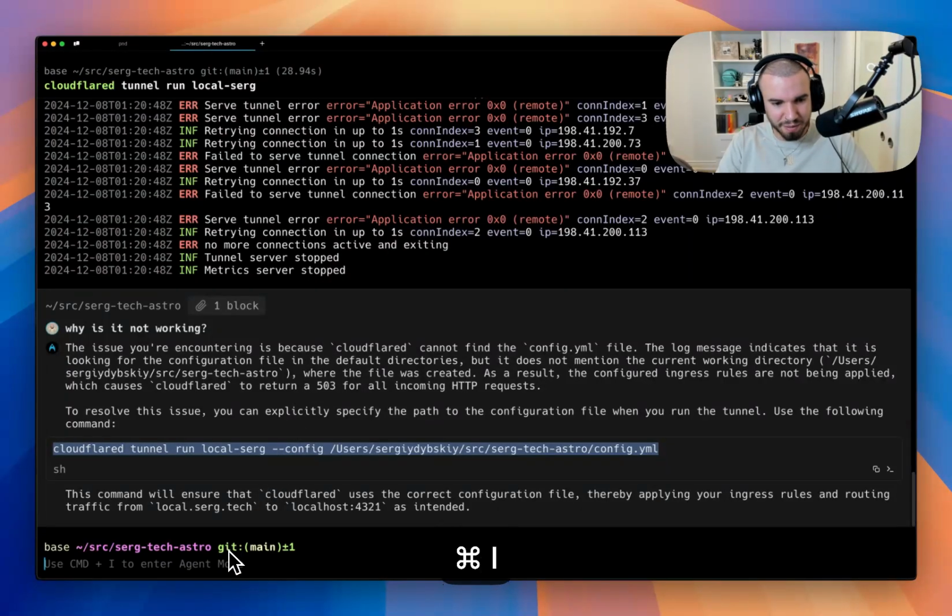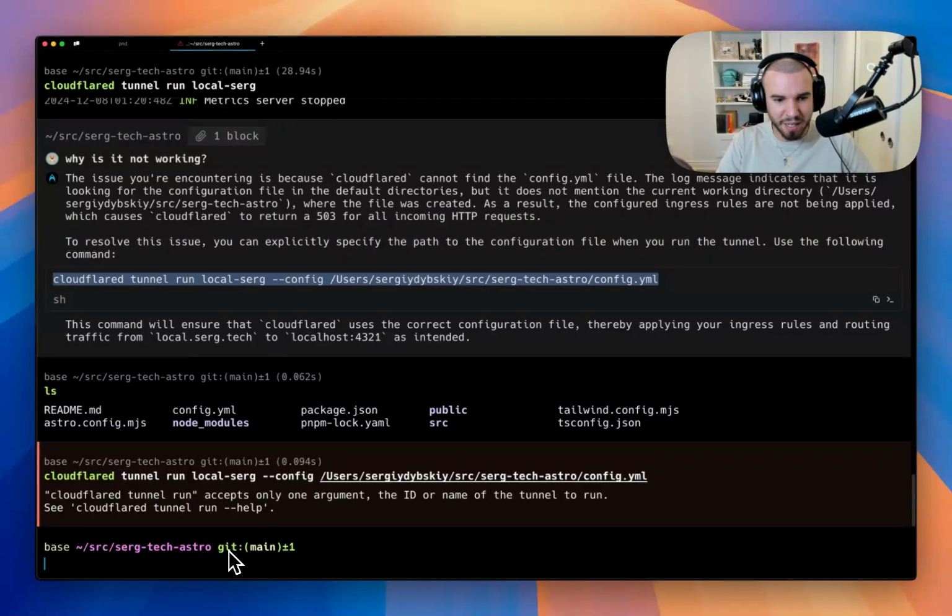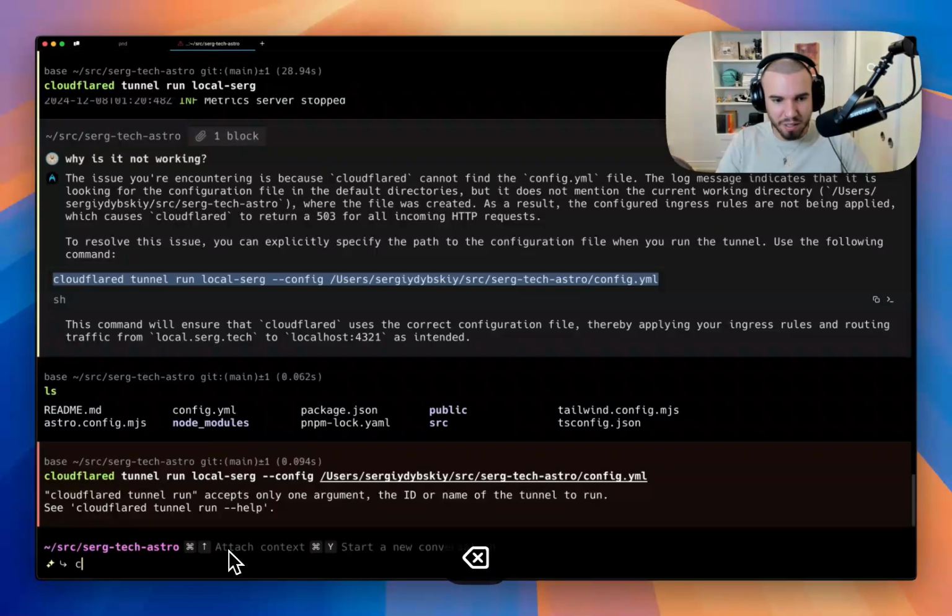If we back out of here, we can see the config.yaml here. Let's try to run this command. Okay. Warp is telling me to do that, but instead let's ask it to move the config.yml file over to